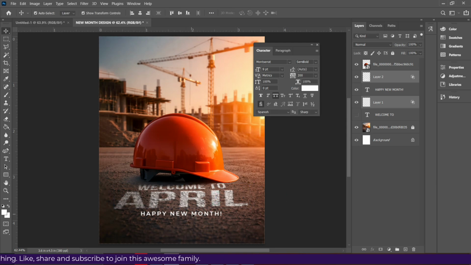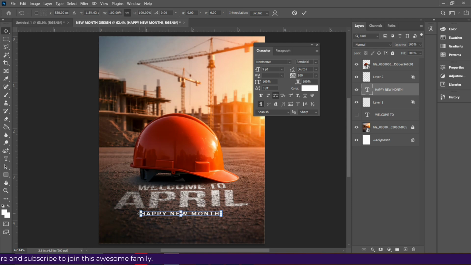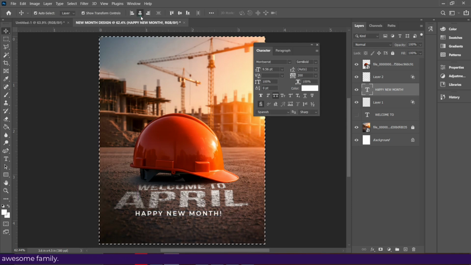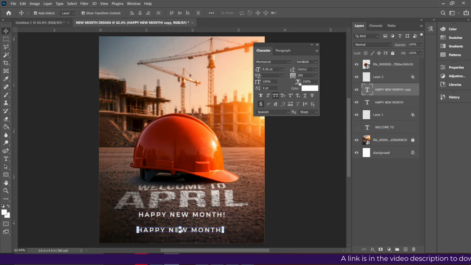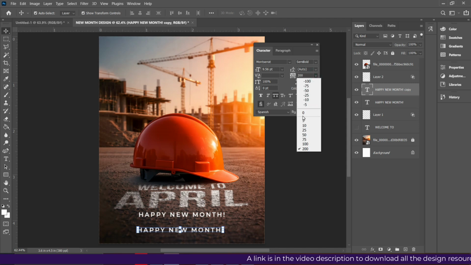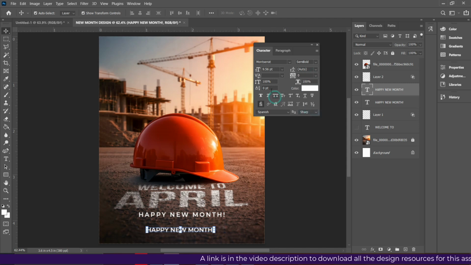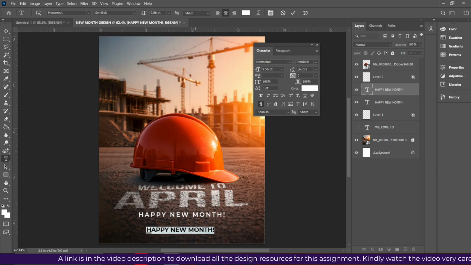It's okay. So I will select the Happy New Month and expand, and then press on to align it, then bring it down a bit because it's too much. Copy it again. Now I'm closing. Let me change the VA to 0. I don't need the caps, so the TT there, you turn it off. So this is going to be at